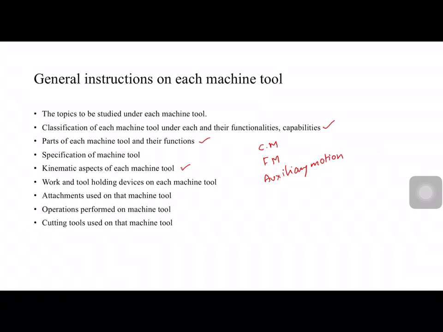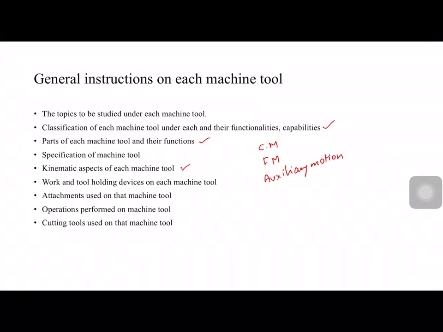If it is related to the feed motion, sometimes what we require is to convert the rotary motion at the motor side to the translatory motion. For this, there is a kinematic structure that is required. If you look at the lathe machine, we have the motor which is giving the rotary motion, but that motion has to be converted to the translatory motion, that is the longitudinal feed motion. In order to do that, we have the rack and pinion mechanism or lead screw mechanism.